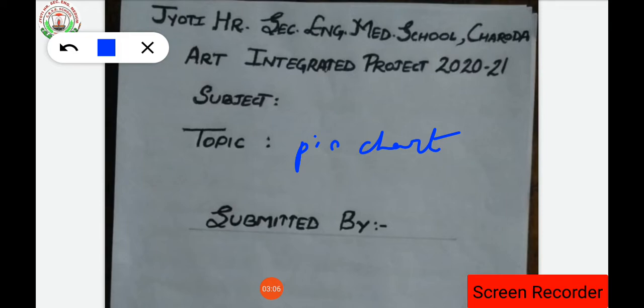The aim of CBSE is that we usually only know about our own state, isn't it? So CBSE has given us another state. For our school it is Gujarat. For Chhattisgarh it is Gujarat, so every school has to prepare the project related to Gujarat: its infrastructure, steel industry, labor, bridges, dams, and NH, that is, national highways. All those things come under this project.